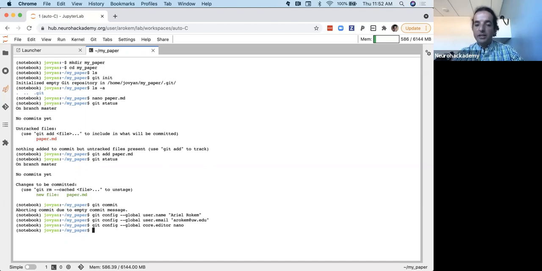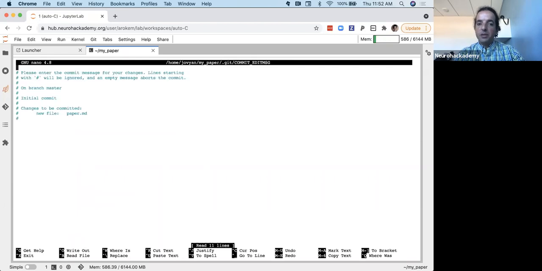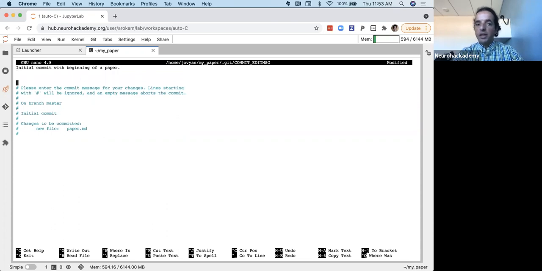Okay, so having done that, now I can type git commit. And what that will do is it'll open this nano window, this text editor again. And in this text editor, it's asking me to enter the commit message for the changes that I've made. So here, I'm going to describe what I'm storing right now. Initial commit with beginning of a paper. So I'm writing a little message, and I can write a multi-line message here. This paper will discuss brain connections in